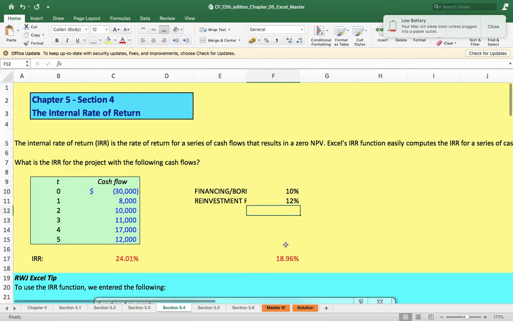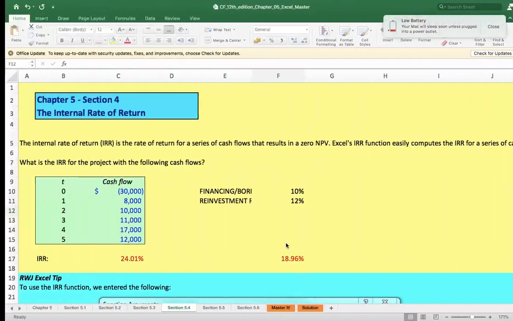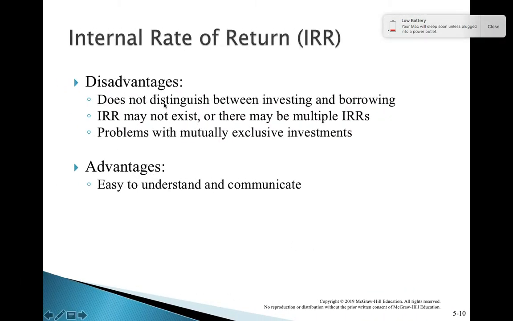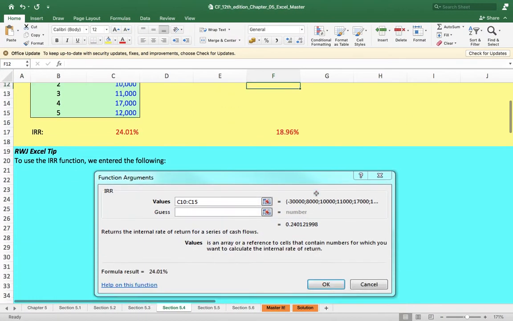So this is the way we have seen the disadvantage: it does not distinguish between investing and borrowing. Once we give the distinction, then we calculate the modified internal rate of return. Similarly, we calculated the internal rate of return when the cash flows are not evenly distributed. Now the second question: IRR may not exist or there may be multiple IRRs. Let us see how it happens. For example,